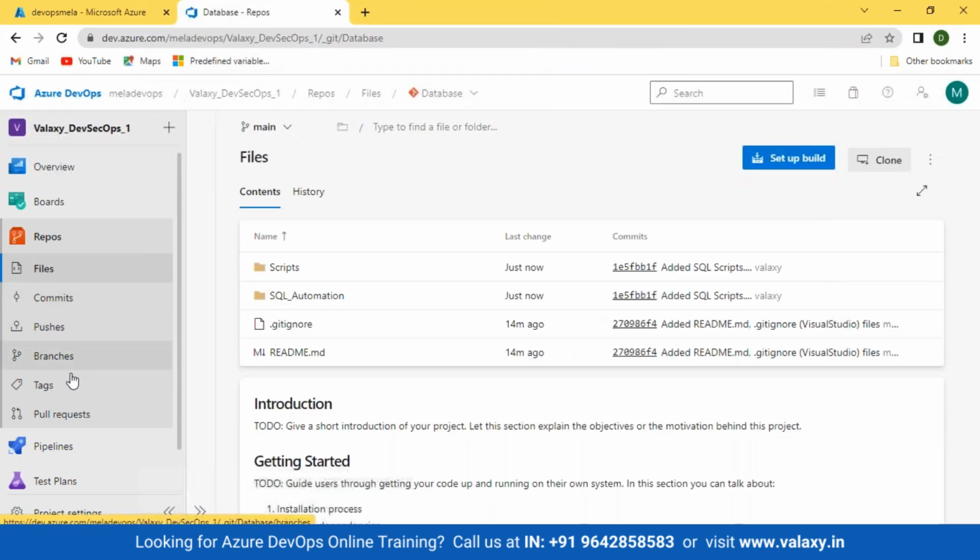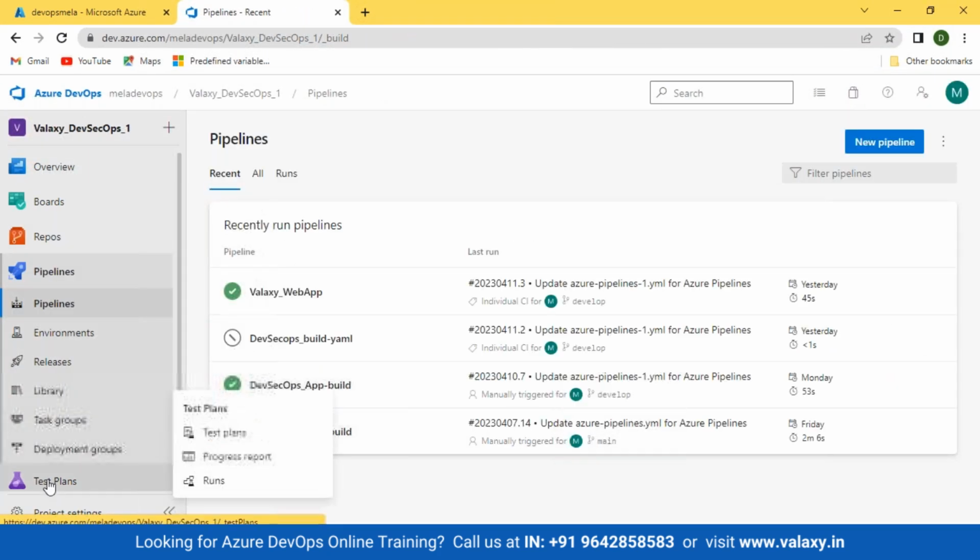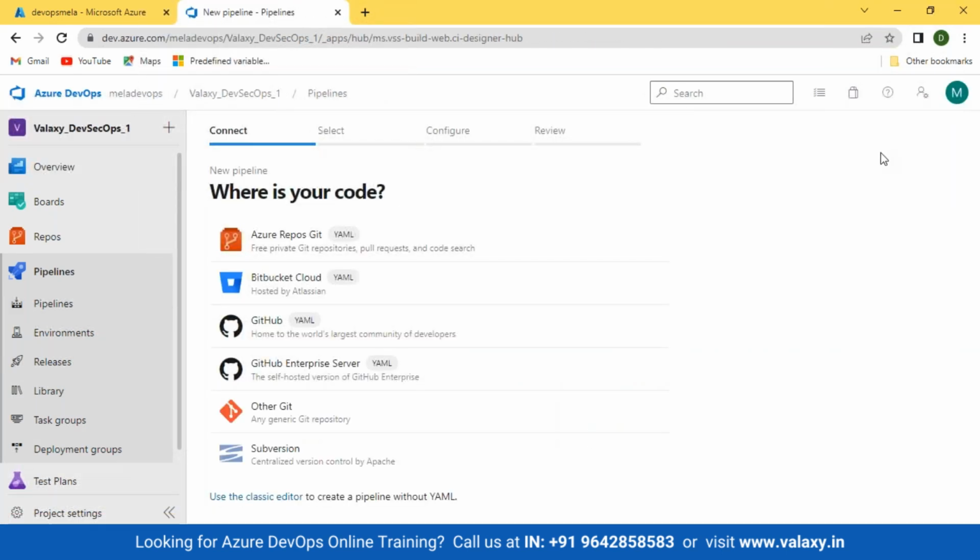Now let's go to the pipeline. Let's create a new pipeline for database automation. You can use YAML, or we can use classic also, it's up to you, whatever you want to use. Now if I'm using classic, for example,